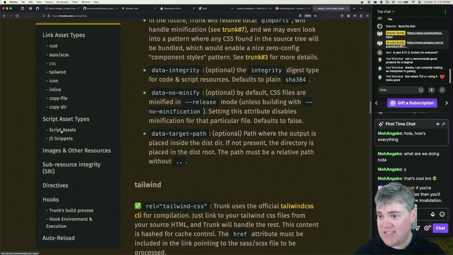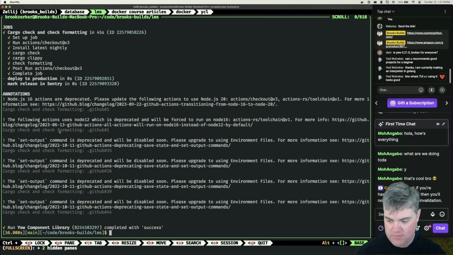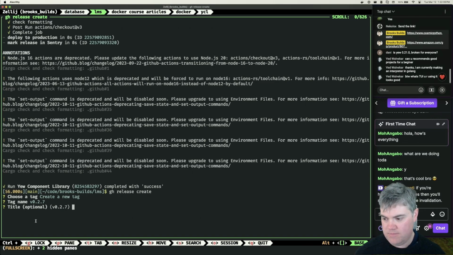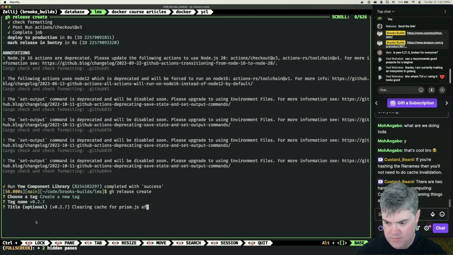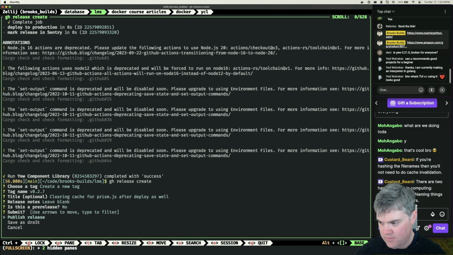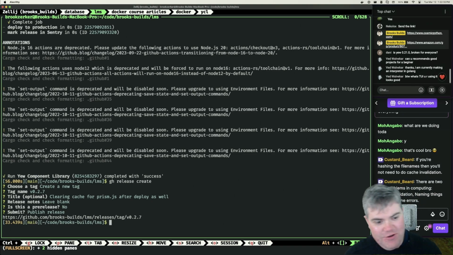That's the reason why this is the only thing I need to do that for. Clearing cache for